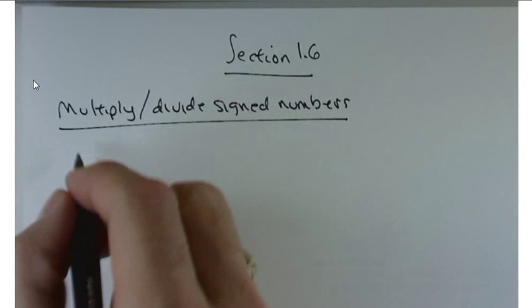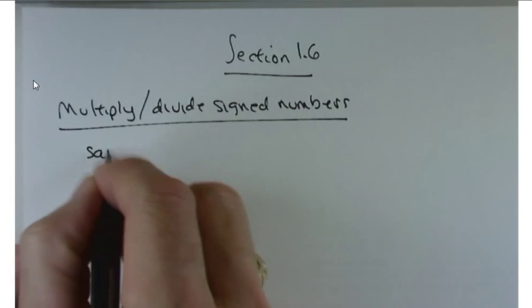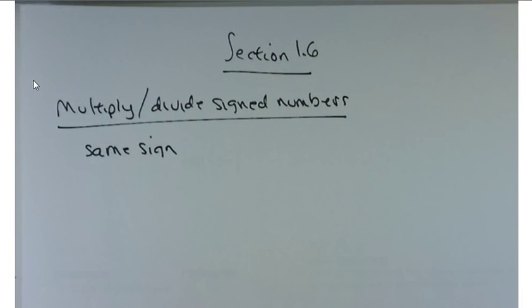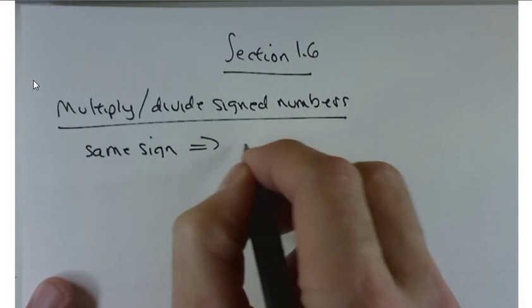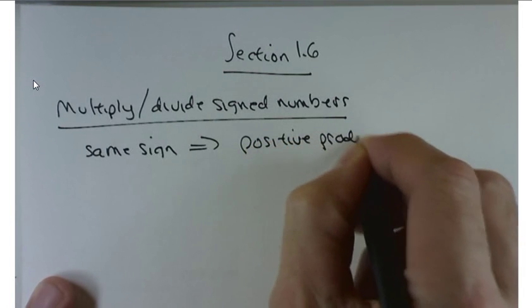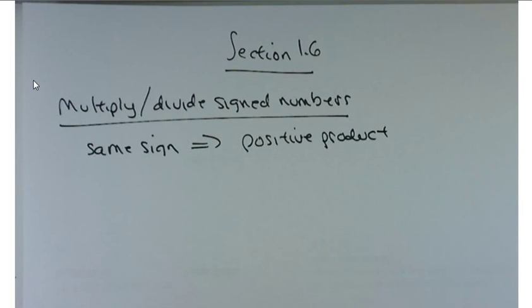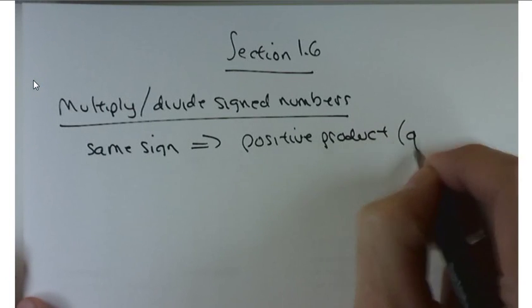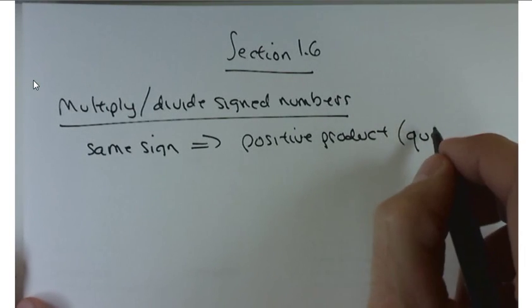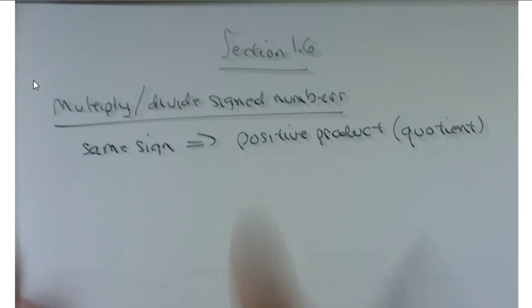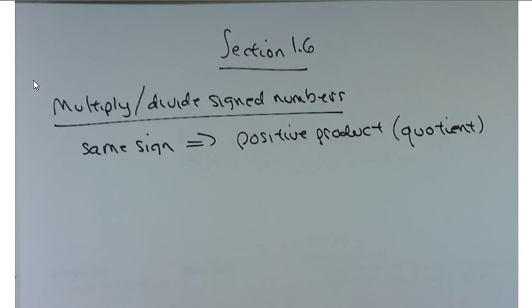When you multiply things with the same sign or divide things with the same sign, you're going to get a positive result, a positive product. Product is the result of multiplying things. It's just a result of multiplying two things. If you divide two things, then you're going to get a quotient. But either way, if you're multiplying or dividing and your two things have the same sign, you're going to get